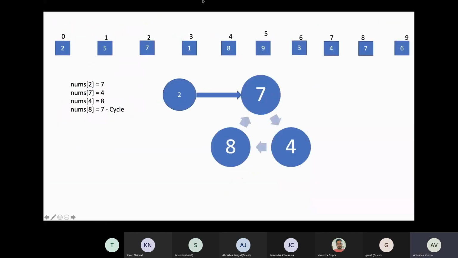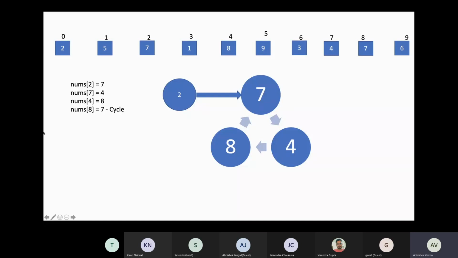Okay, so we have taken this input as 2, 5, 7, 1, 8, 9, 3, 4, 7, and 6. So first we have to see that this has a cycle. Each element in this array is constrained from 1 to n, and the size is n plus 1, which is 10.